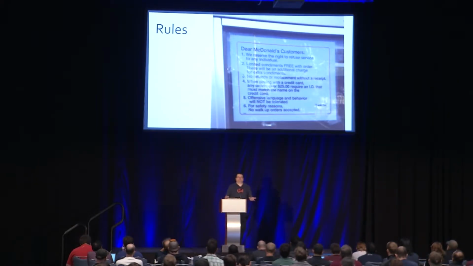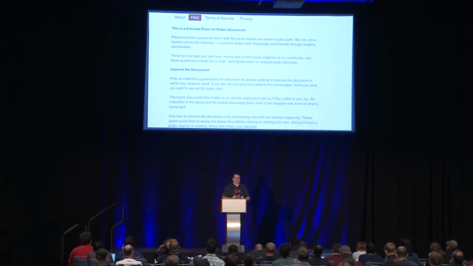And nobody would really object to these rules. These are simple, clear rules. And yet when you go to McDonald's, a pretty well understood commercial interaction, they still have to print the rules because some people are going to run afoul of these very simple rules. So we have that at Discourse. We spent a lot of time when we launched the project saying, let's have a simple, not too long list of things you can do to have positive, constructive interactions with other people in discussion.